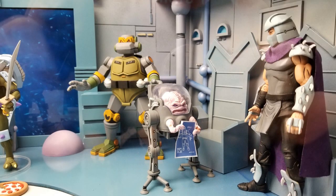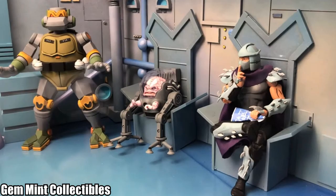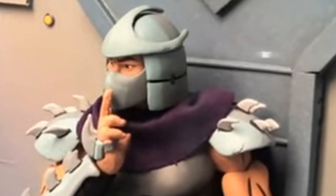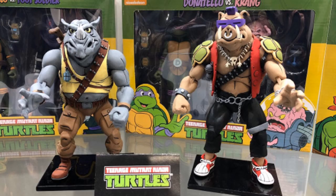I was hoping to see Krang's body, which is hinted at via blueprints, and later on the figures were moved with Shredder holding the blueprints while raising his hand in a shh position. Also, the poor old TV screen on the diorama showed cartoon versions of General Traag and Granitor. I'm just waiting for the street date release of Bebop and Rocksteady, which is supposed to happen towards the end